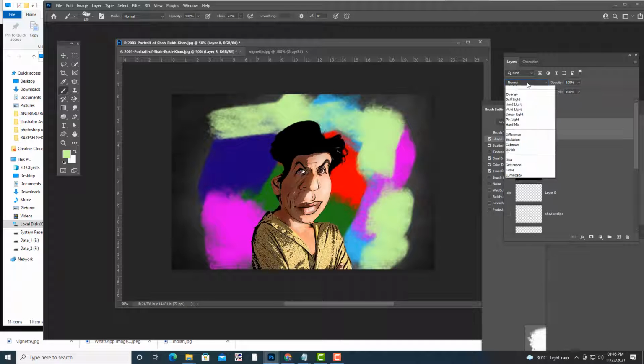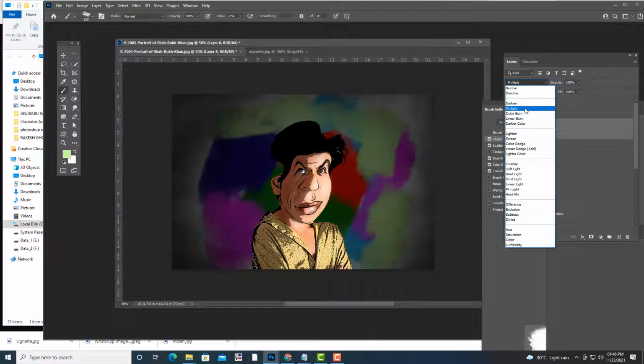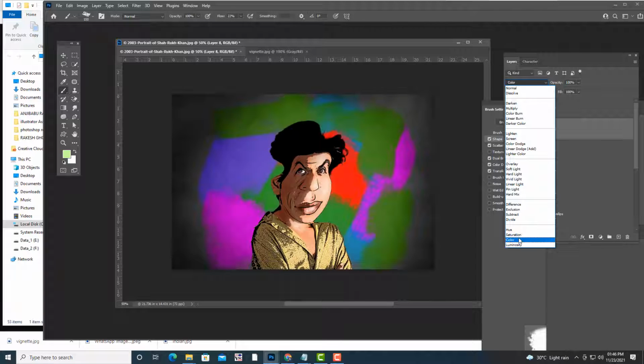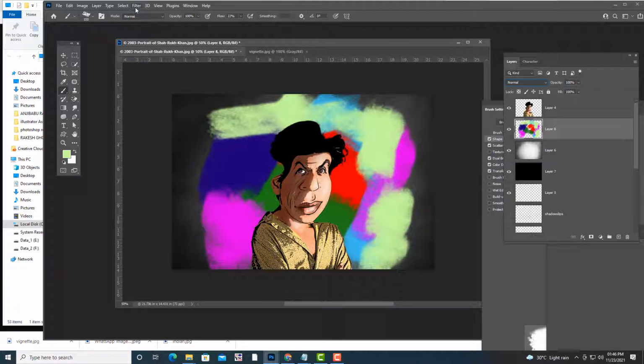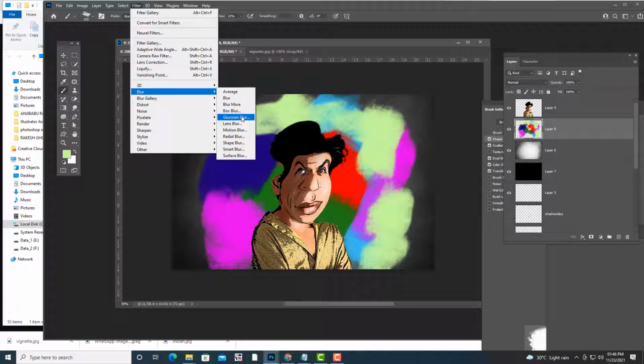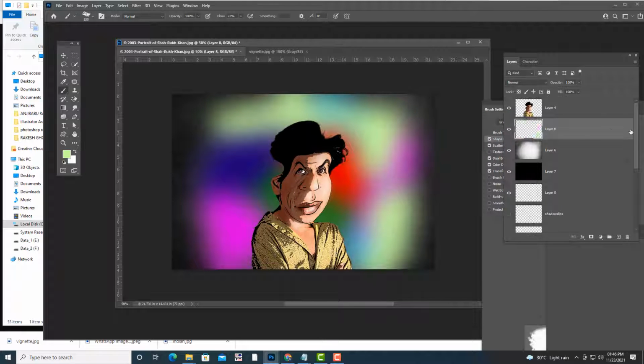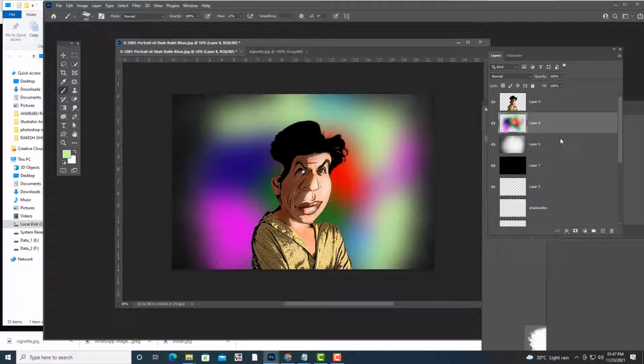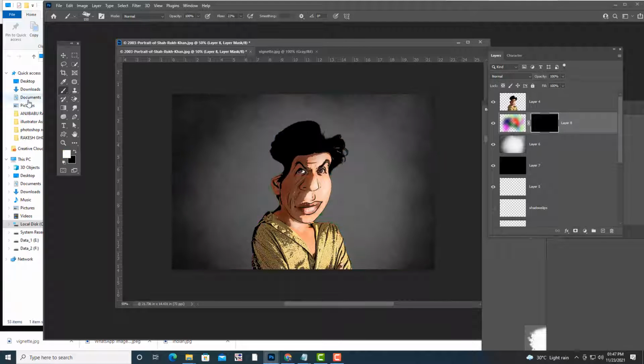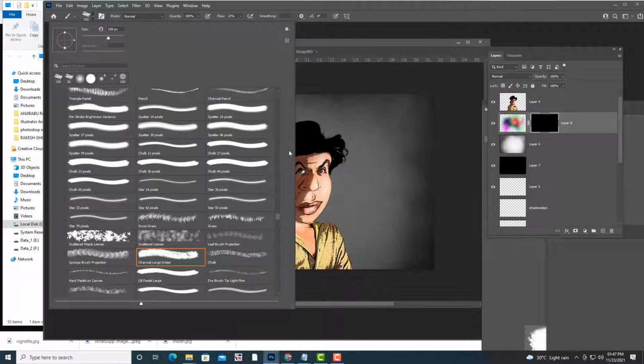Okay, so then what we'll do, we can actually use a multiply or you can use color, or what you'll do is I'm going to give it a blur here. So first we'll give some Gaussian blur to this. So everybody remembers Gaussian blur? Then we will just apply a layer mask to this, and then we will use a soft round brush.